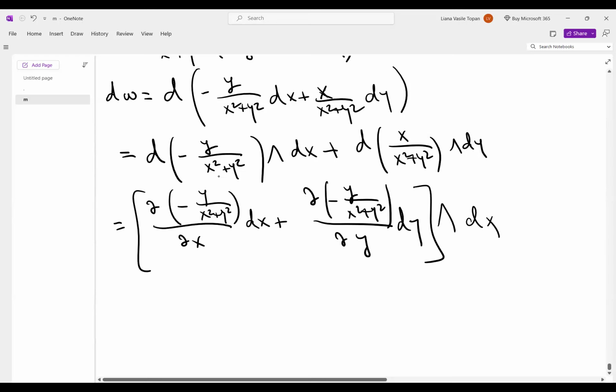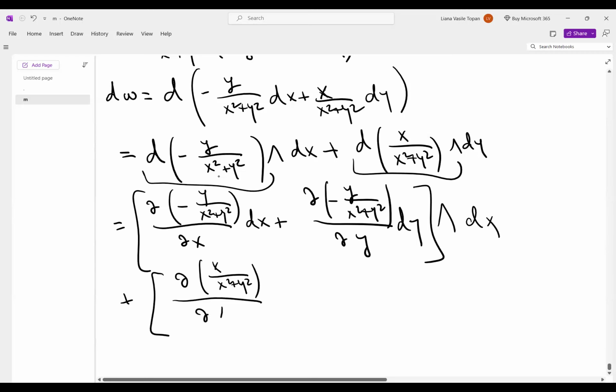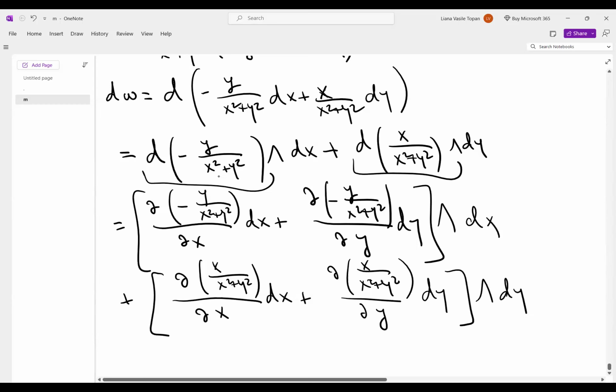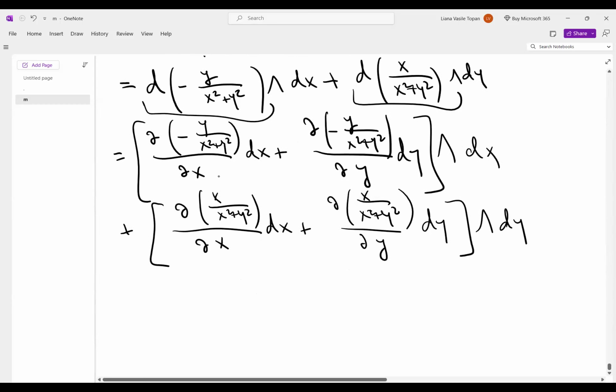That's the first bracket. Plus the partial derivative of x over x squared plus y squared with respect to x dx plus the partial derivative of x over x squared plus y squared with respect to y dy, wedge dy. Okay, so when we compute here,